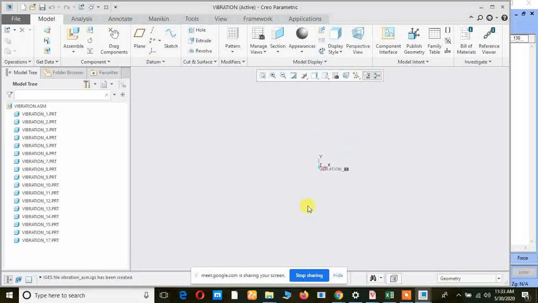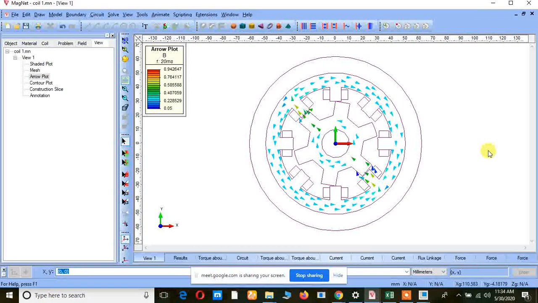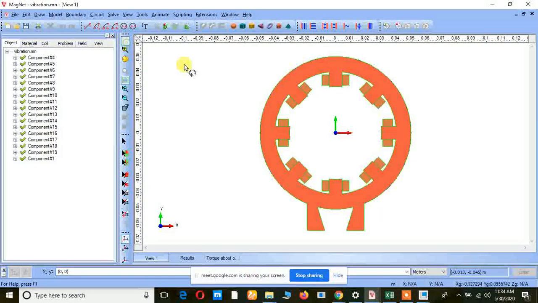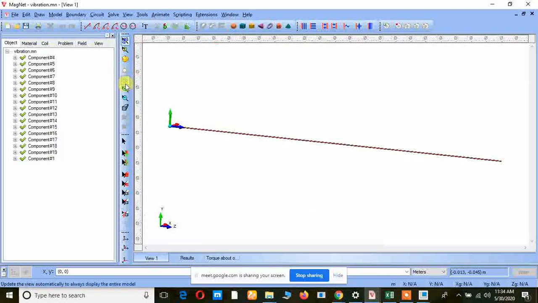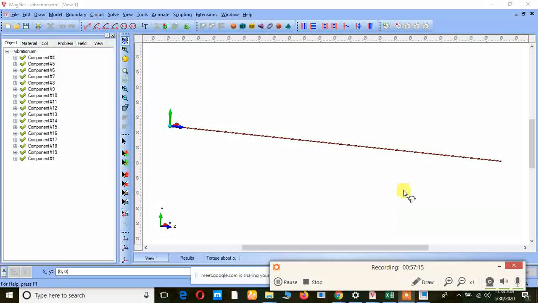Meanwhile, you have to check at the right side bottom, it should be geometry. If it is surfaces, then it is 2D. The stack length should be 0. If it is a 3D version, then we have to go for the geometry model. So 3D means it will be looking like this, right? If it is 2D, then we should go for a surface model, right? So up to now, I stop here. If there are any queries, you can ask me.